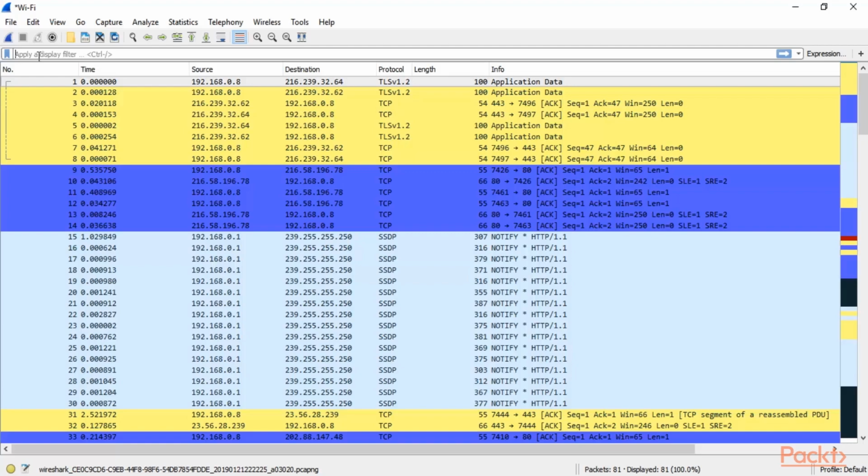Now let me provide information about some basic filters. For example, if you want to filter the packets which are generated from your system, you need to know your IP address. My IP address is 192.168.0.8. Otherwise you can check your IP address by opening command prompt, typing ipconfig and getting your IP. So the command is